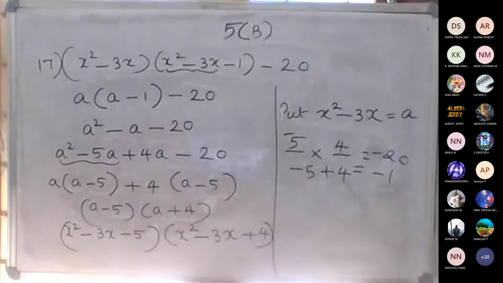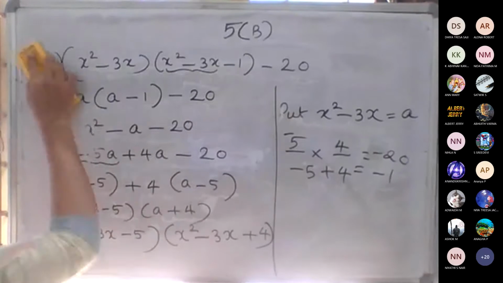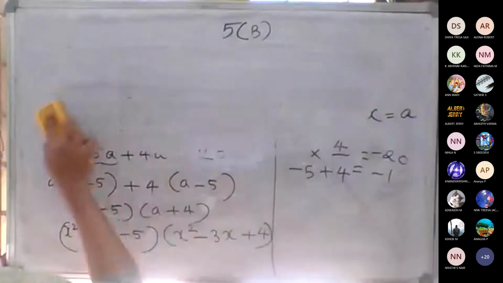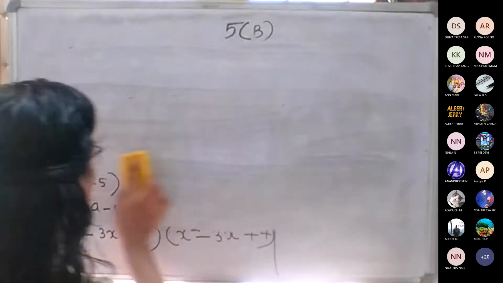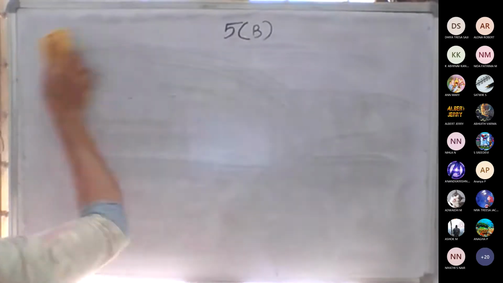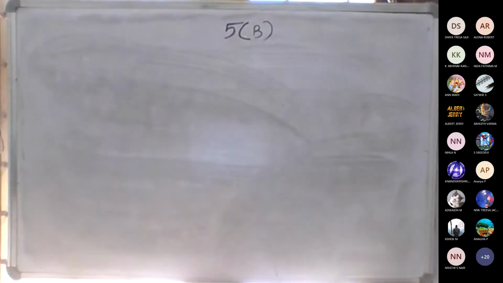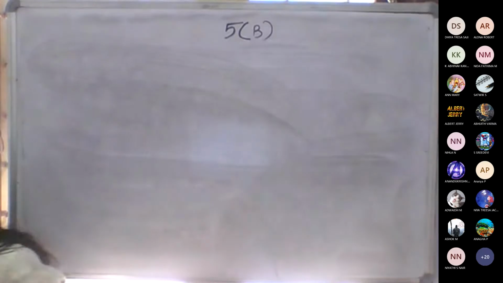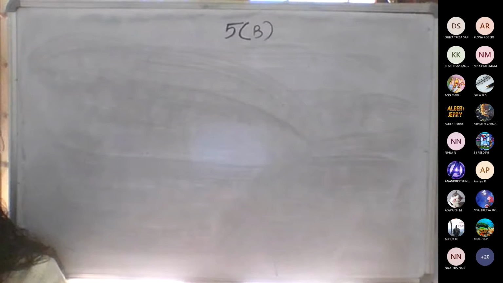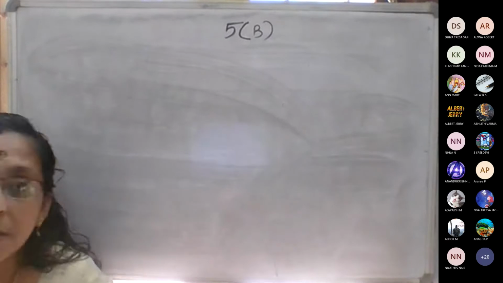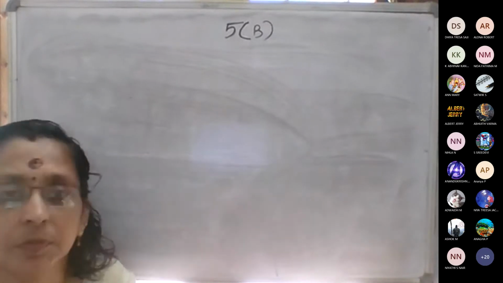Okay, so before doing question number 18, factorize, just go through that example. Don't write anything. First listen. Example 7, before that, page number 70. For each of the question number 18, what is it?